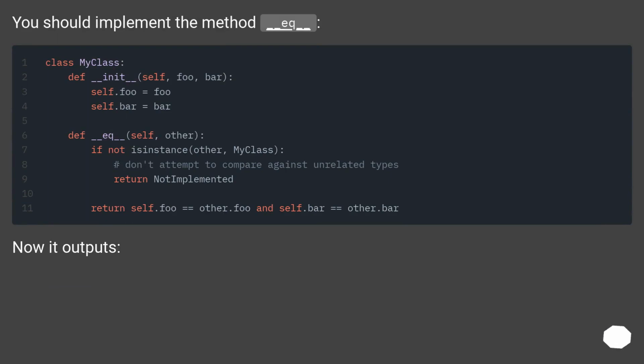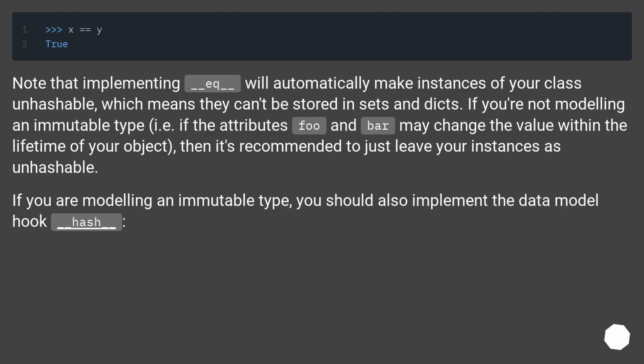You should implement the method __eq__. Now it outputs True. Note that implementing __eq__ will automatically make instances of your class unhashable, which means they can't be stored in sets